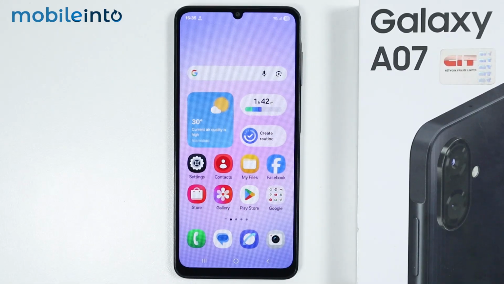Hey, what's up guys? So in this video, we will see how to turn on edge lighting on the Samsung